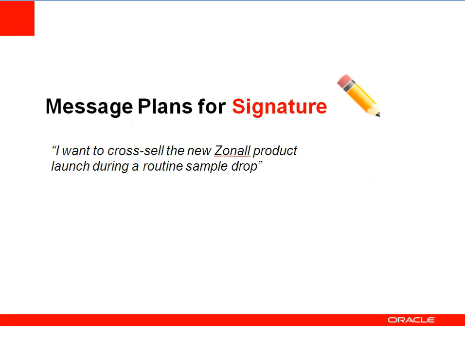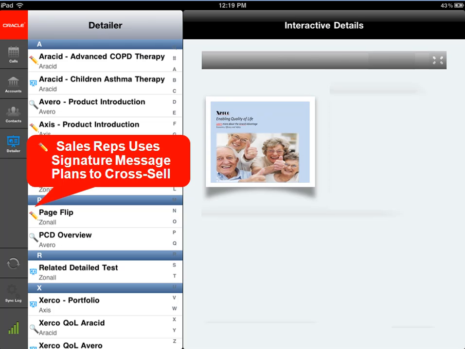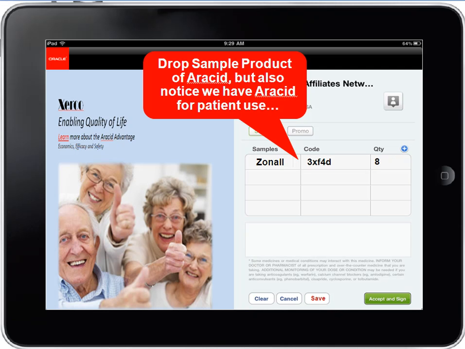Message plans can also be used for signature capture or cross-promotion, as I mentioned earlier. Now, when this is done, the message plan can be identified in the iSales client in the same way using conditional icons. And as you can see, in this case, I have a cross-promotion or signature message plan identified by a pencil. And when I go ahead and capture signatures for sample drops or promotional drops, I can see